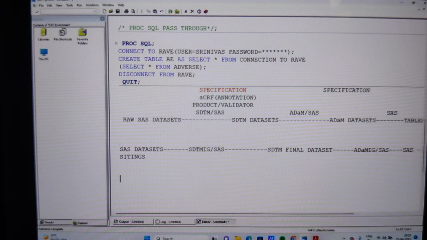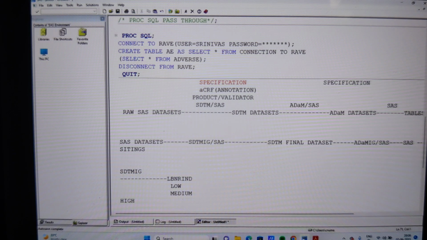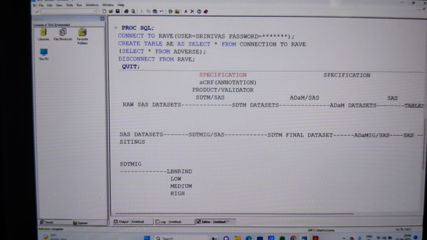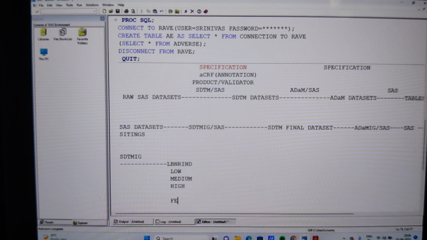Clinical data study review of guidelines. So, for example, from the guidelines, there is a variable called LD and RIT. For the LD and RIT, what values should we have? Low, medium, and high. Just imagine, low, medium, high. But other than these three values, I got a value, few. In the control terminology, what values should we have? Low, medium, high. But the value I got was few. And this is against these guidelines. But I can't help it, this is what I got in the data.